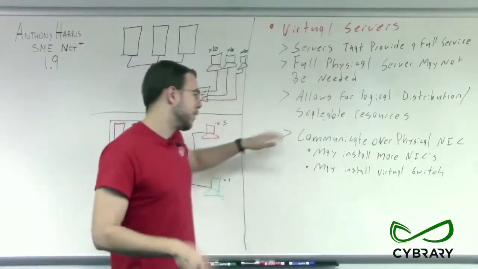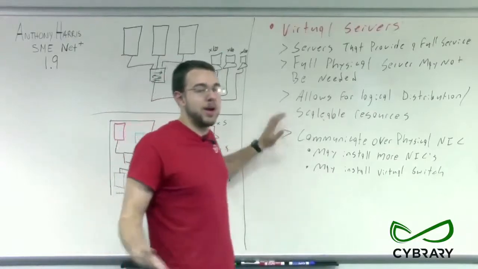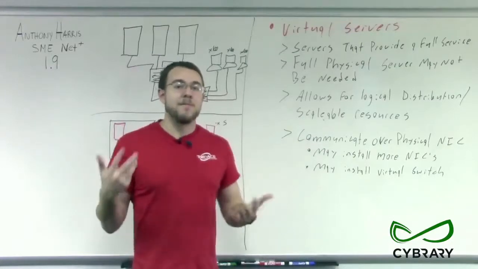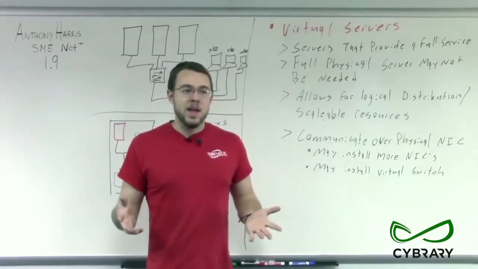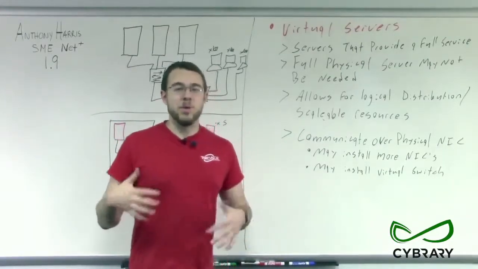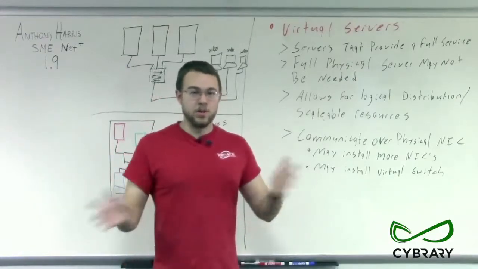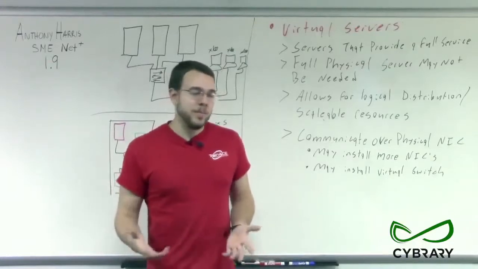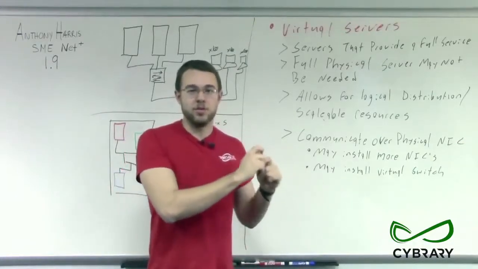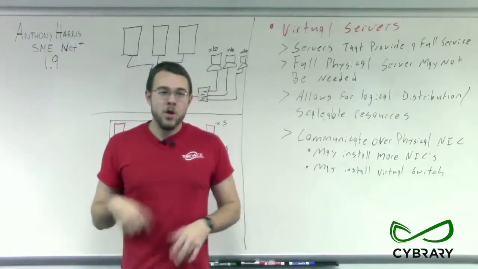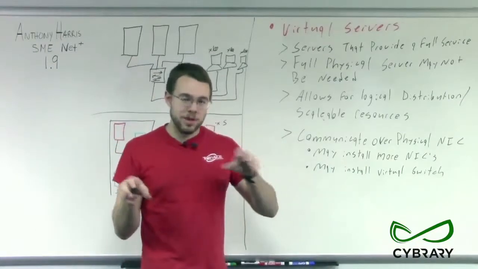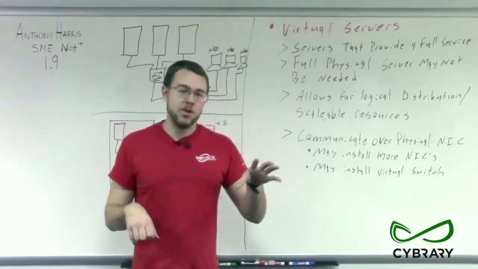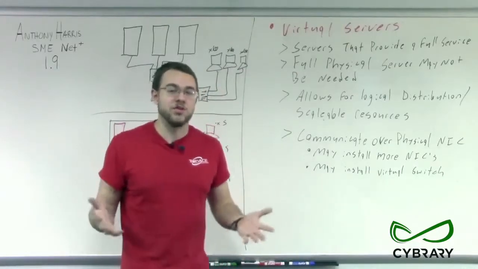So we can scale those resources if the time comes when we say, okay, this server is being used more and this is being used less. But if we have 3 physical servers, then we can't say, well, we could do this, but we wouldn't want to, especially if they were different physical server types. We wouldn't want to say, oh, I'm going to steal some RAM from this physical server and install it in this other server. Or I'm going to swap their CPUs because this server is being used more and this one's being used less and this one has a stronger CPU. That's not what we want to be doing in our shop.